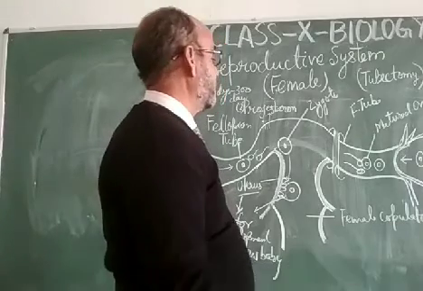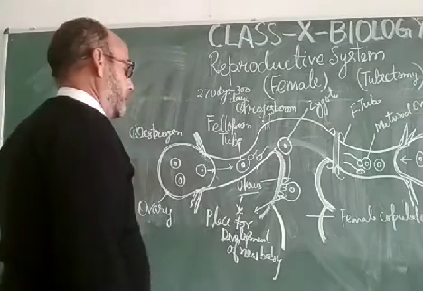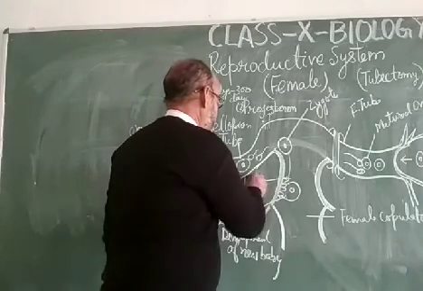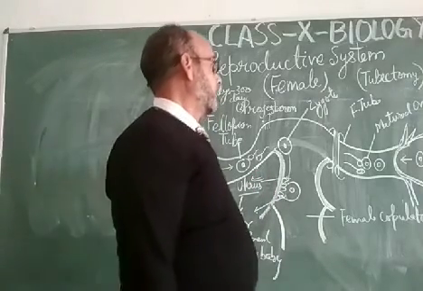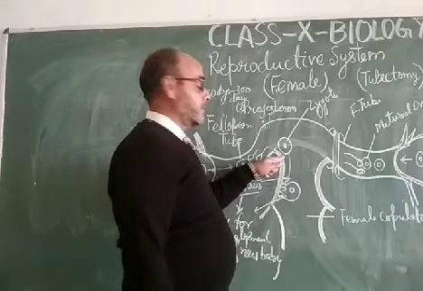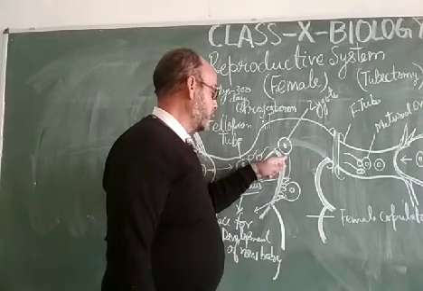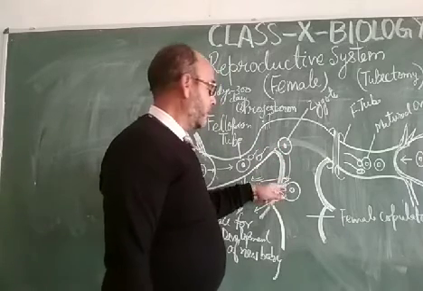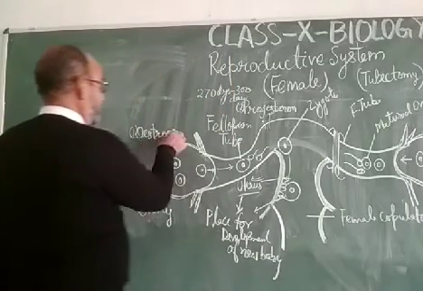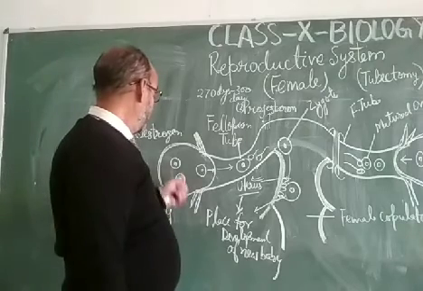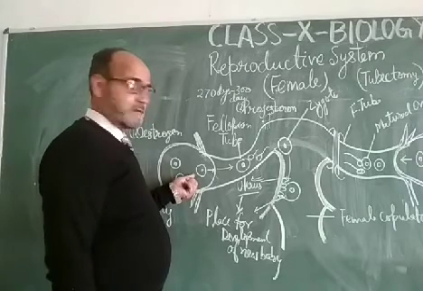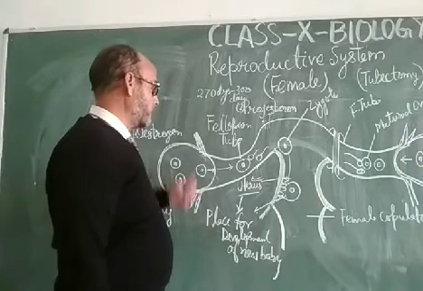Dear student, let us have some questions. Where does the fetus get developed? That is in the uterus of the female. What is the function of the progesterone? The function of the progesterone is to take care of the newly formed zygote and implanted zygote till the formation of the placenta. What is the function of estrogen? The estrogen is secreted into the ovary, and it initiates the process of oogenesis or gametogenesis in the ovary, so that the ovum can be formed.